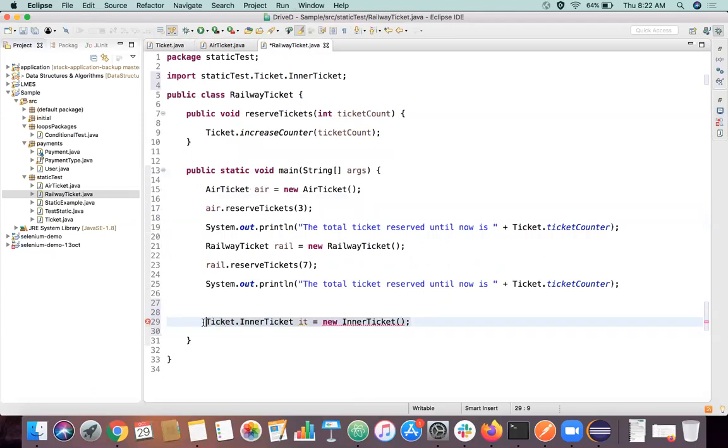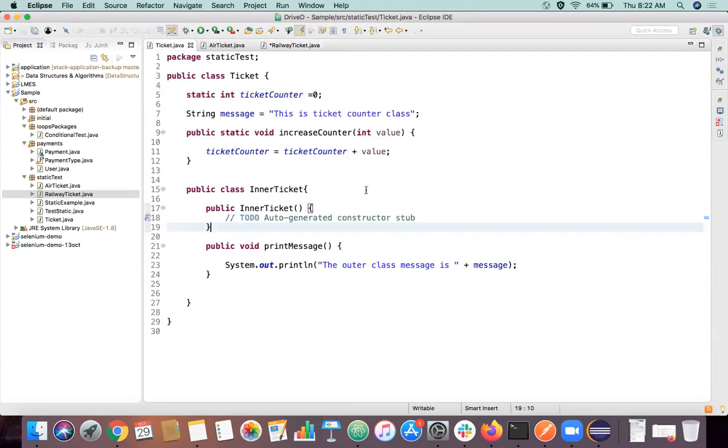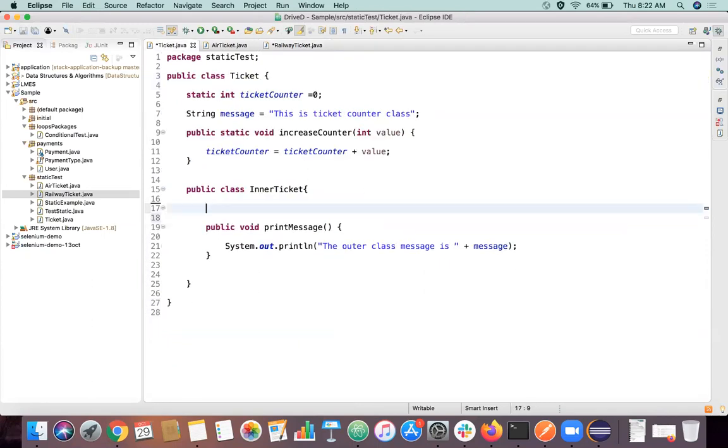I'll just check this. What I was trying to suggest is, you can declare this inner class as static. Then I can directly access this message. And just changing this as static here.